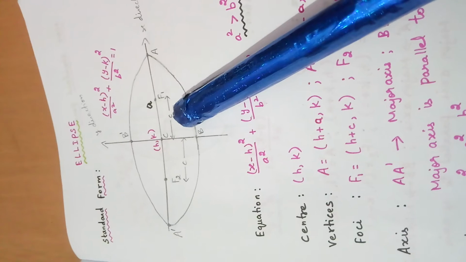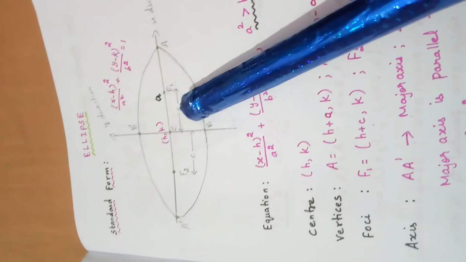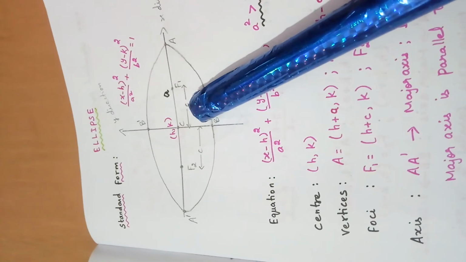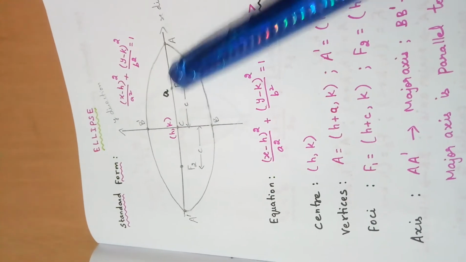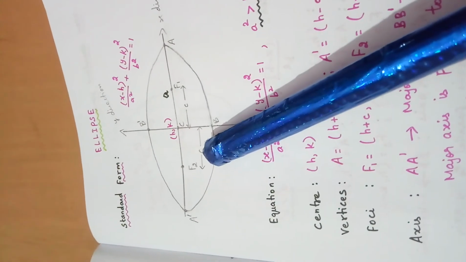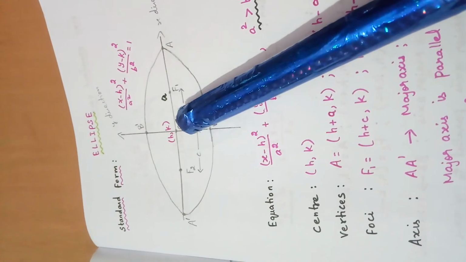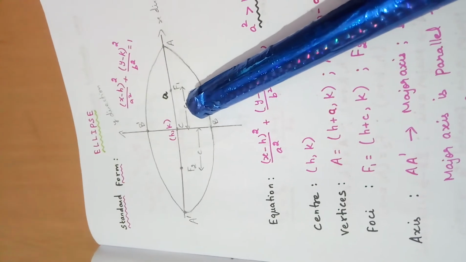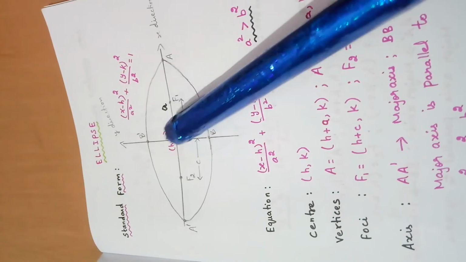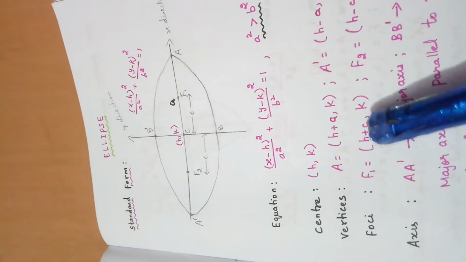This symbol is written as C. You should keep it as small c. This is also small c. So from the diagram itself you can see and say the distance between center and focus 1 is given by small c. Similarly, the distance between center and focus 2 is given by small c. Again, I'll repeat. What is the distance between center and focus? Small c. That is why the coordinate of f1 is written as, already h is present here, this distance is c, so h plus c comma k.